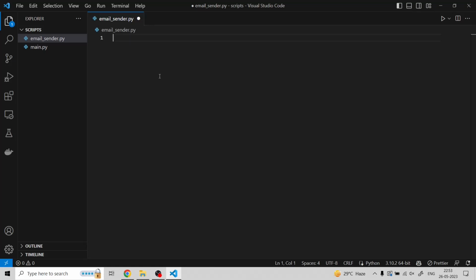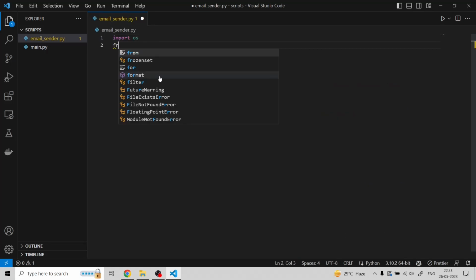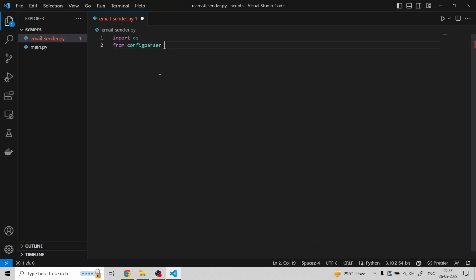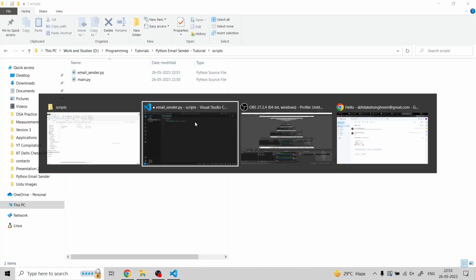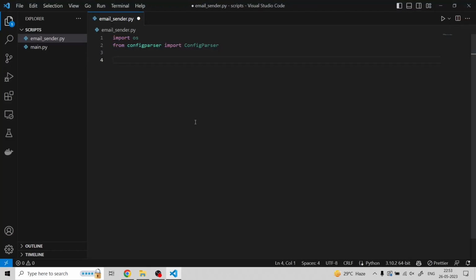But before we do any of that, we have to load up our config from the config.ini file. So import os, then I'm going to import from config parser, import config parser. Now see that we have the config file in the project's root folder, and we have the email sender.py script inside the scripts folder. So let's just get the path to the project's root directory first. So I'm just going to call this project dir